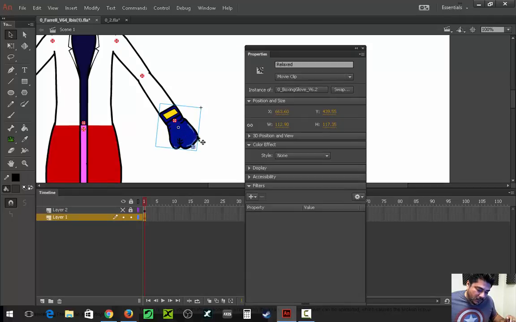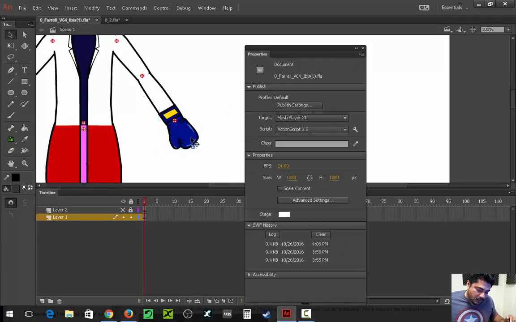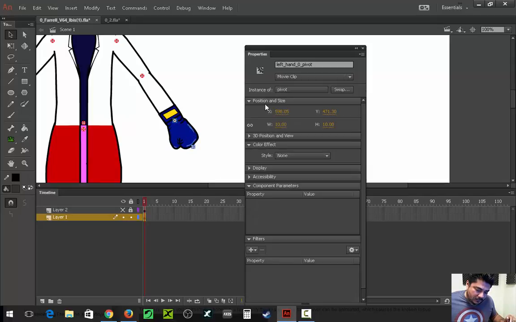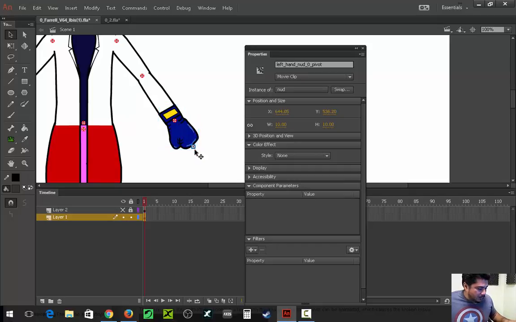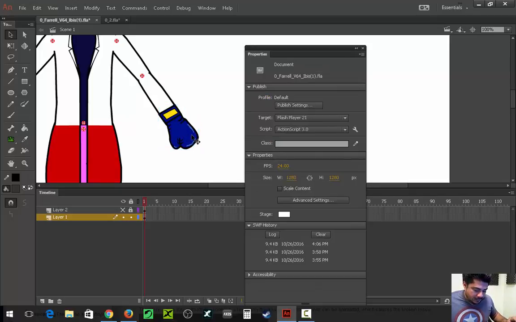You can tell by the fact that you click on it, it has the wrong name. Okay? This one says left-hand pivot. This says left-hand nut. So that is correct. So I'm not sure how this became misconfigured. But normally when you create a hand,